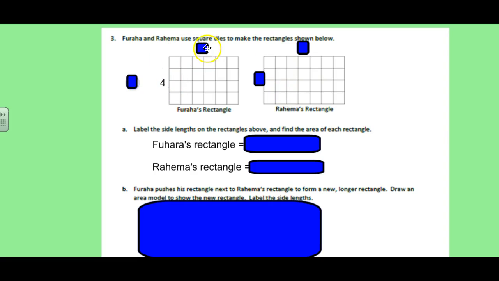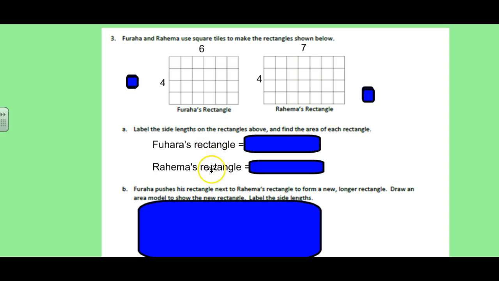So for Furara's rectangle, one side length was 4 and this side length was 6. And for Rahima's rectangle, one side length was 4 and the other side length was 7. So now we have to find the area of each rectangle, and I went ahead and put down the way